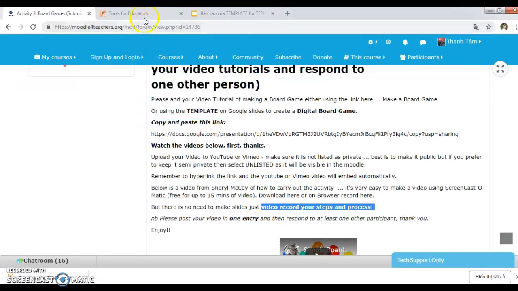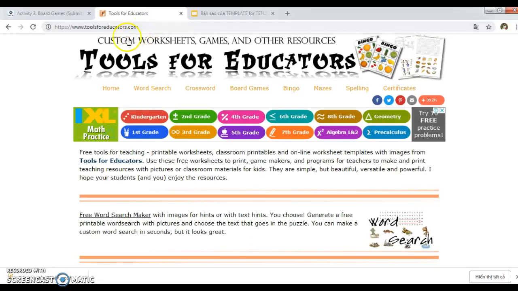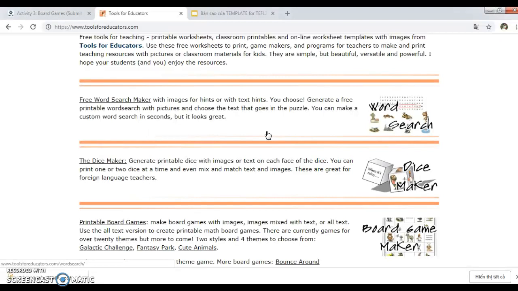The first step, I come to the website tools4educators.com. You can see here there are many things you can create. For example, word search, crossword, board games, bingo, math, spelling, or you can create certificates. And at this time, I will make a printable board game. Okay, I click here,